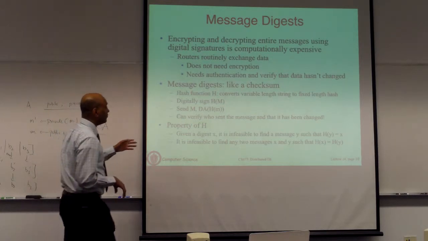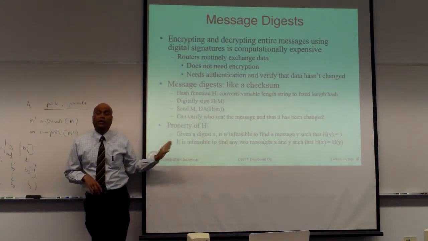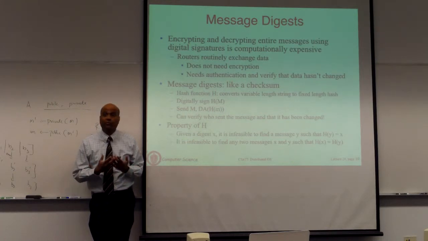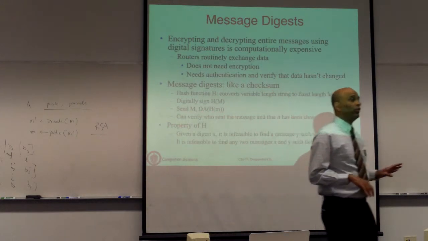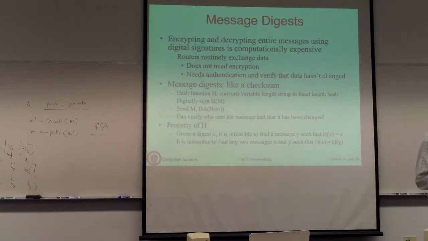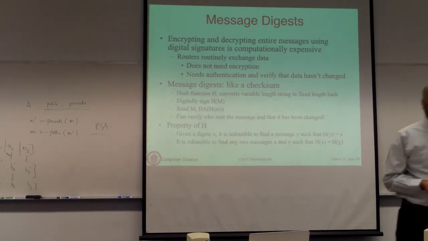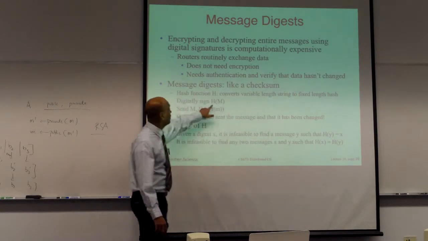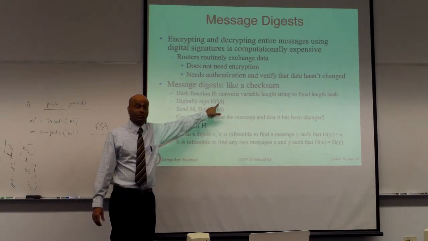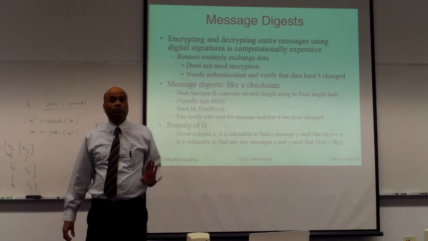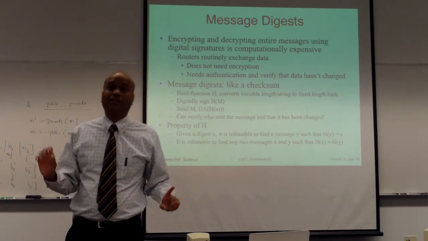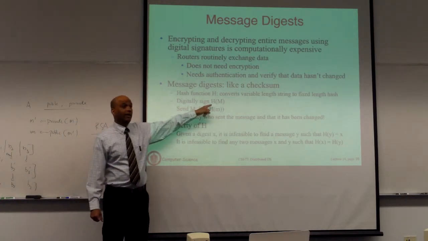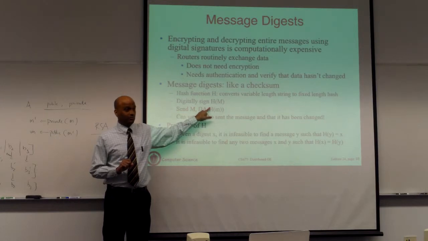Okay. So now, in order for all of this to work, you need a good hashing function with certain properties. The most important property you want is that you want the probability of hash collisions to be very, very low. Because remember, you are not signing the original document. You are signing the hash of that document, which is a fixed length string. If an intruder could find another document, an arbitrary document which hashes to the same value, they can then claim that you signed that document.